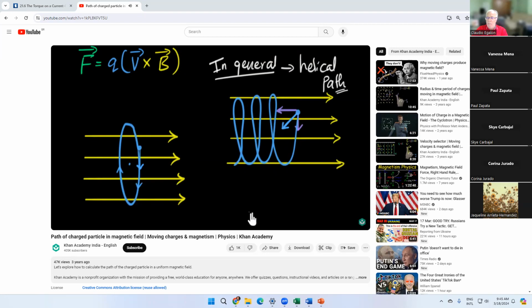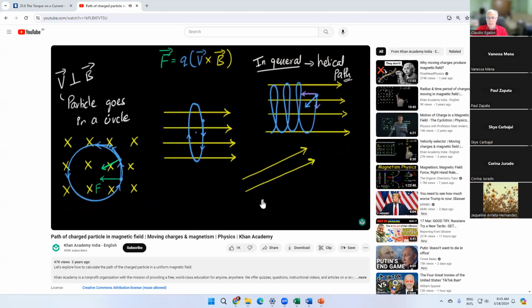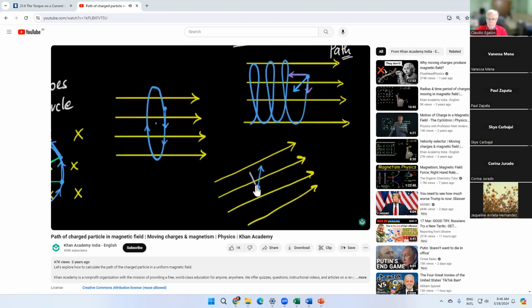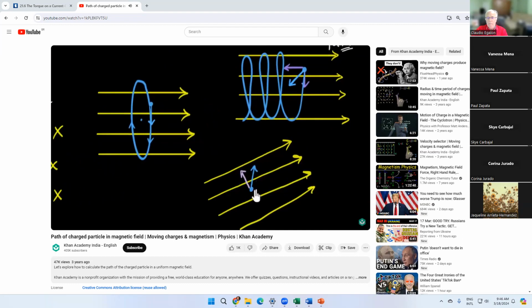All right, let's do one last example. What if we have a magnetic field this way? And imagine there's now an electron going in some random direction. Let's say the electron is going this way. Can you pause and figure out what would be the path taken by this electron? All right, let's see. We're going to do the same technique. I'm going to decompose this velocity into two parts: one perpendicular to the magnetic field, one parallel to the magnetic field. I know this parallel component tries to keep this electron going in the same direction. Let's see what the perpendicular component tries to do.